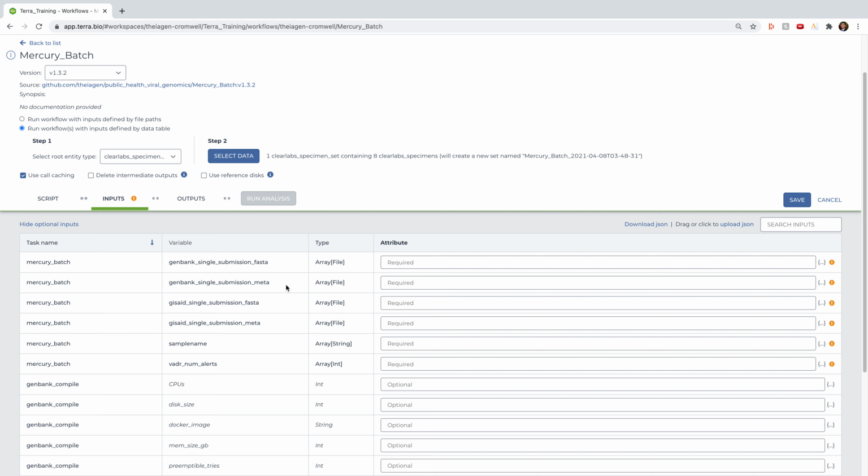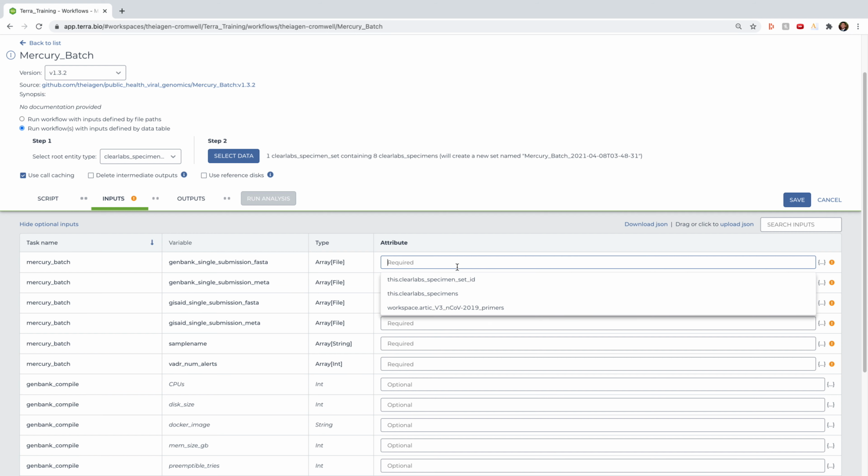So for example, for this input of our GenBank FASTAs, you may think based on what we've done in the past, I could write this.GenBank assembly. And you'd be right if the root entity was the ClearLab specimen sample table. But since we're working at the set level, we have to be a bit more specific. So for this input, we actually have to write